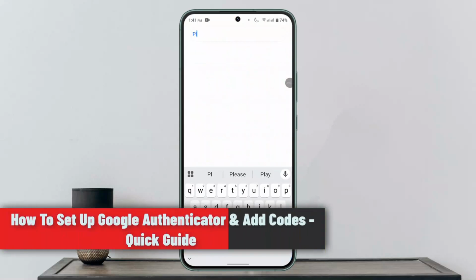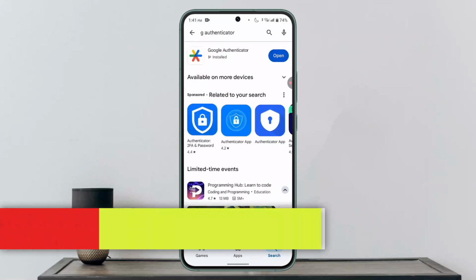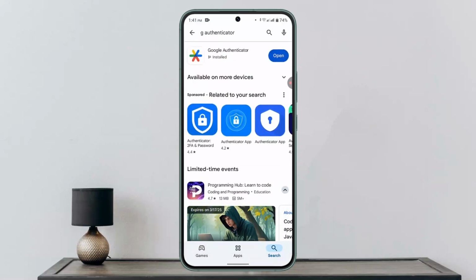In this following tutorial, I'll let you guys know how you can set up Google Authenticator and add codes. To set up Google Authenticator and add code, you just have to follow the steps. First of all, you need to install Google Authenticator from your respective app store and click the open button or install it. So after you're done installing and creating your account as well, this is how it's going to look